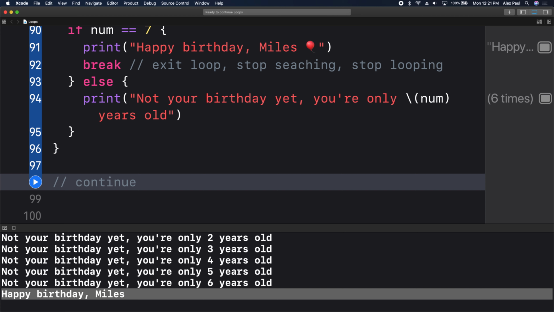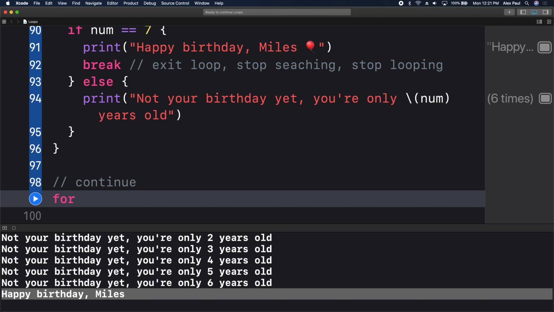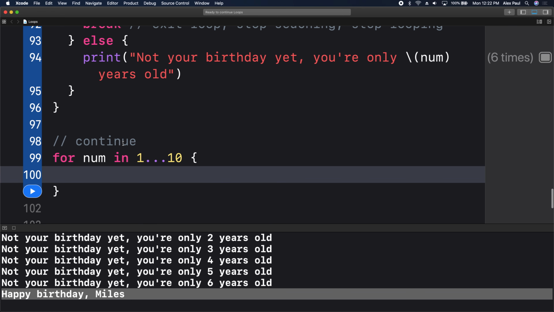Continue is different from break in the fact that it will continue to the next number. It sees a condition, it continues to the next number, as opposed to break, right? So if something is true, continue to the next number. Let's see what that looks like. So for num in, we'll use that same thing we used earlier here. For num in 1 through 10,